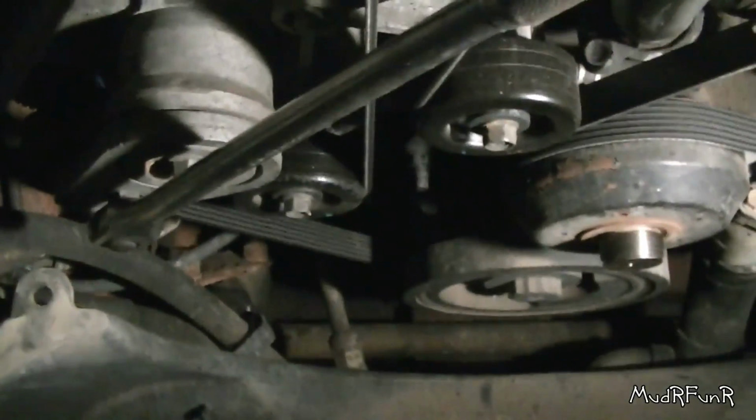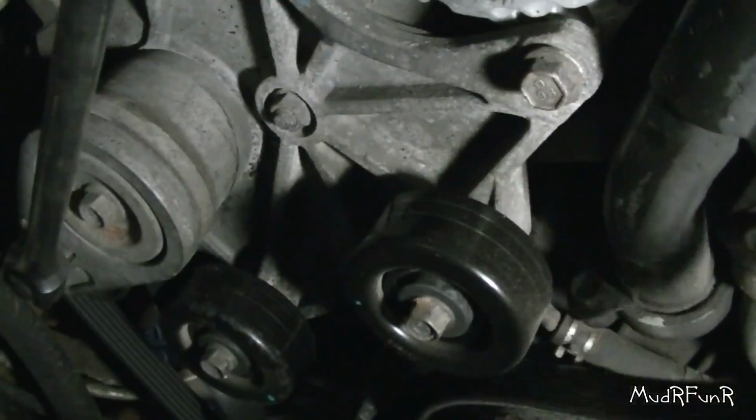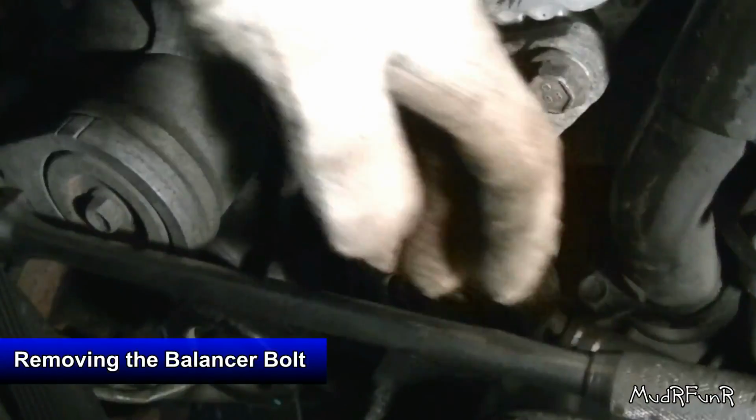And so if you want to get the belt off, on this one you need a 1/2 inch breaker bar or ratchet. And you should be able to pull it off the alternator and then get it off the rest of the way. Probably want this out of your way anyway. There is a LLY tool out there, which I didn't get. So you can either get the LLY tool,